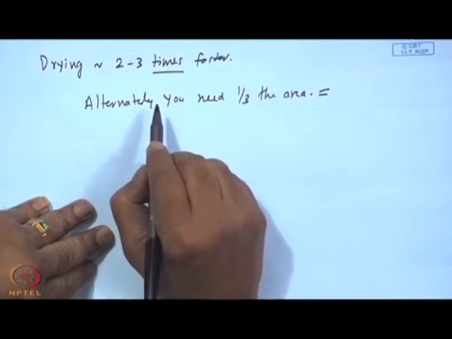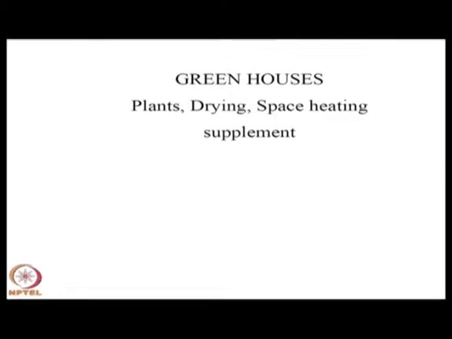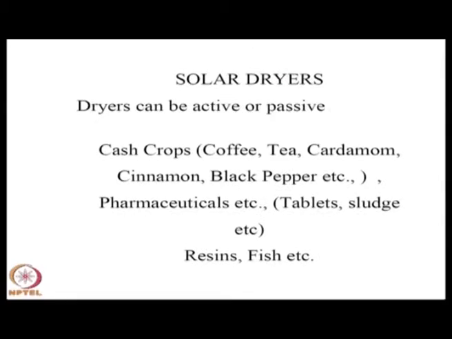Consequently, the remaining acres can be released for cultivation of the coffee, which will in general be much more paying than whatever you spent on the greenhouse for the drying purpose. So, this is one particular area where you have got a very attractive solar application without much